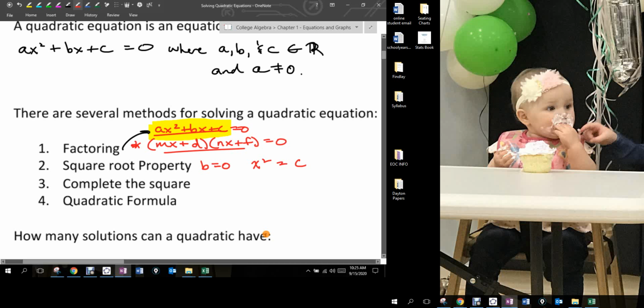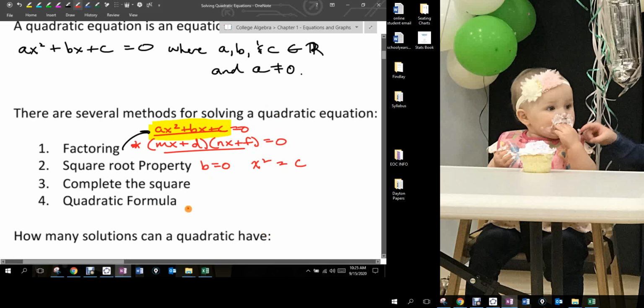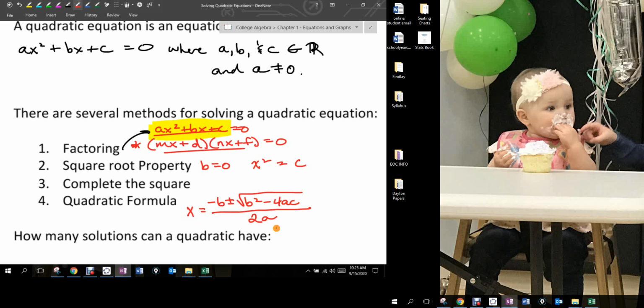Okay. Complete the square. We'll talk about that down the road. I'm not going to write anything for that. You guys remember the quadratic formula? So there's your quadratic formula. Now, the one thing that people forget a lot is that it is a formula, so there's an equal sign in it, and you're solving for x. A lot of people just say opposite b plus or minus the square root of b squared minus 4ac over 2a, right? But you got to have that x there, and that's going to be important because eventually